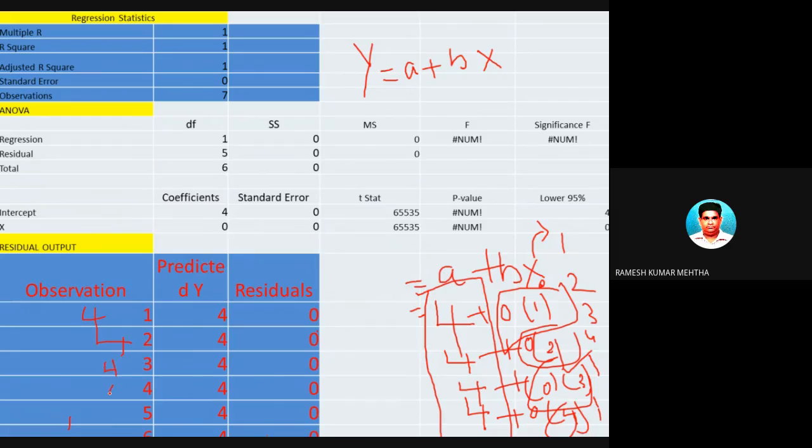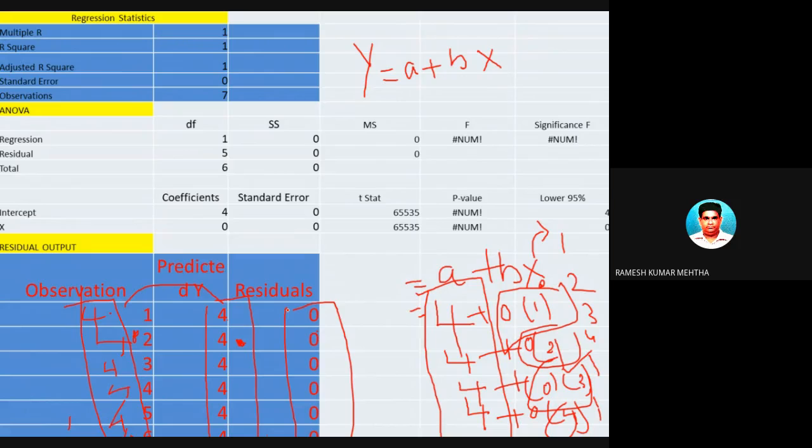Here the actual values, as I already told you, were 4, 4, 4. And when I applied the equation, I plugged in the values of x, the constant and the regression coefficient of x on y. I got the predicted value as 4. So the observed value was also 4 and the predicted value was also 4. The difference is 0. I had to predict 4, and I predicted 4. So the difference is 0.